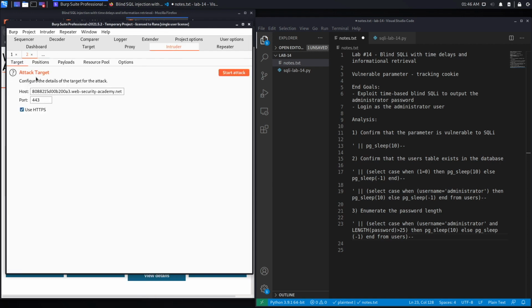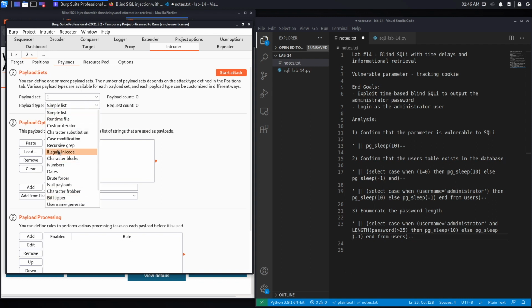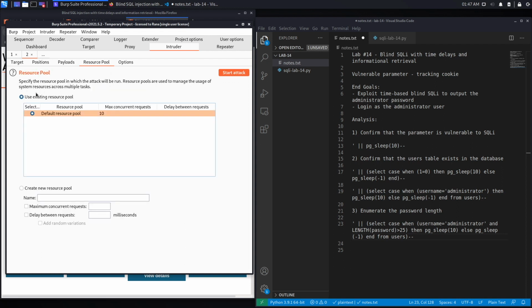So send to Intruder, go to positions, clear everything. The position that you're interested in is this one over here, so let's put it back at 1. Add it, and then in payloads, use numbers, and it's sequential, so from 1 to 25, because we know it's definitely not bigger than 25, and the step count is 1, so increment by 1 each time. And then in resource pool, we're going to remove that because we don't want it to use 10 concurrent threads, because it'll mess up our time-based SQL injection. So it has to use 1 thread at a time. And I believe the way to do that is create new resource pool and set the maximum to be 1 thread